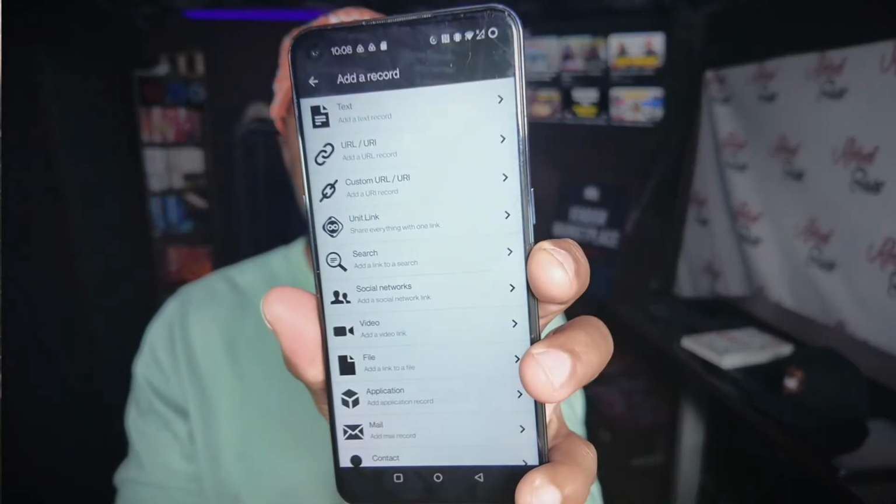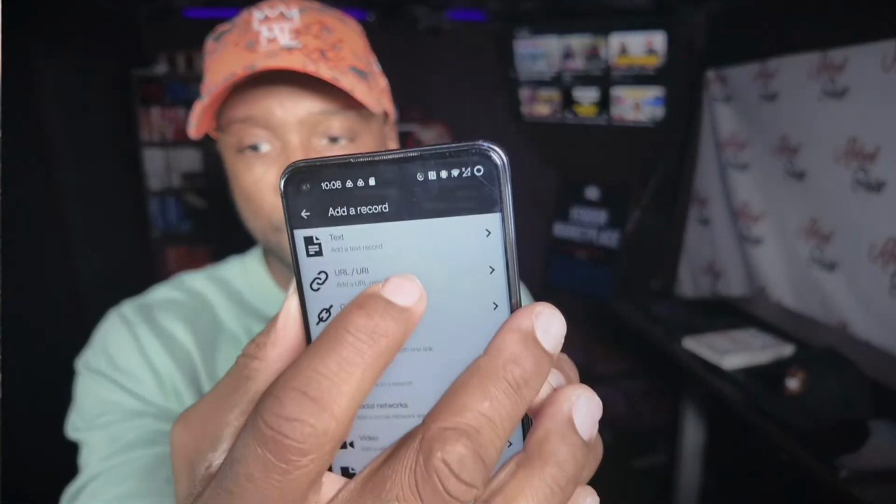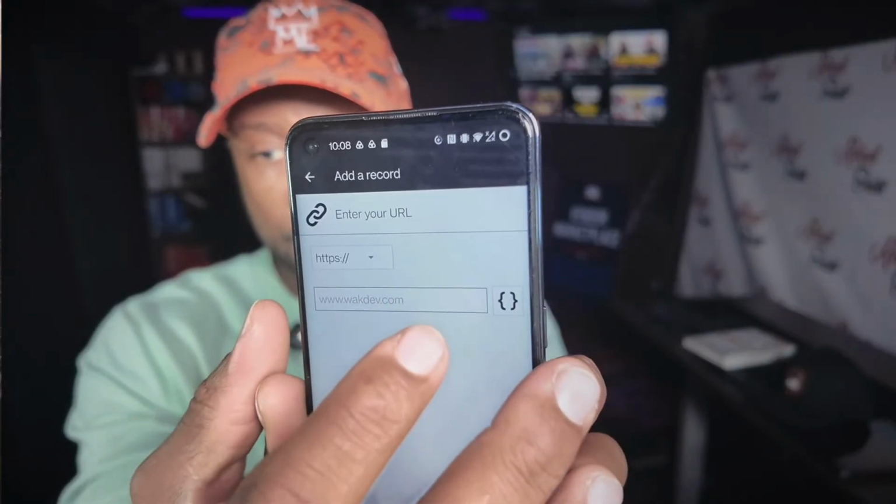So what we're going to do, we're going to click on the URL one, right? Well, no, that's the text. So we're going to cancel. So we're going to click on URL. And let's see if I can just, do I have a copy paste? What's on my clipboard? No, I'll just have to type it in. So linktr.ee/ and this should open up.